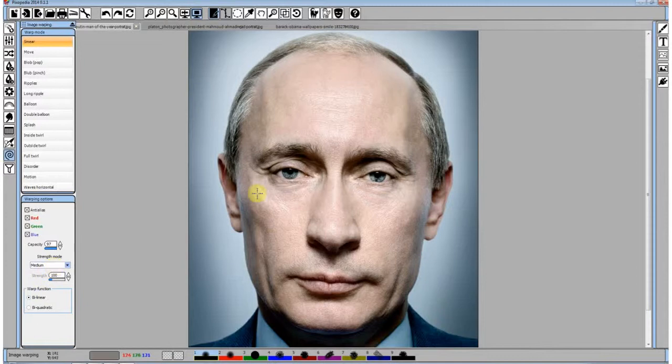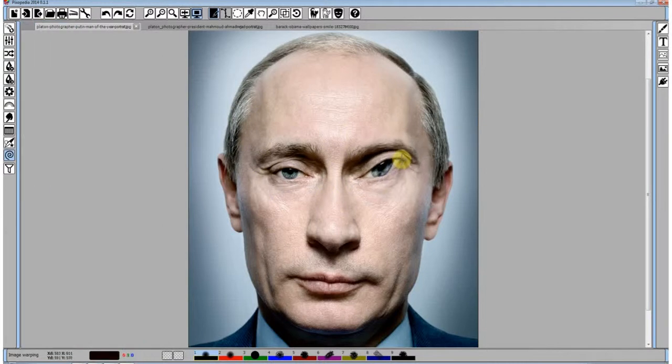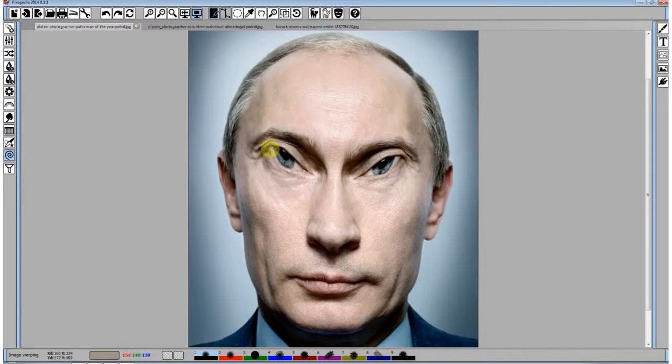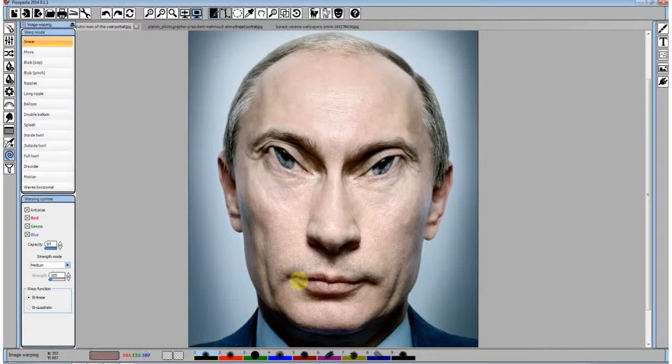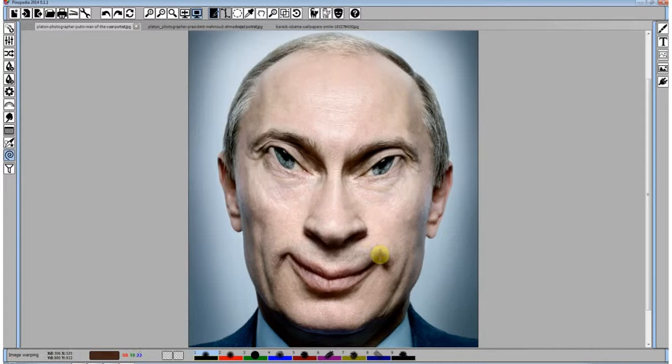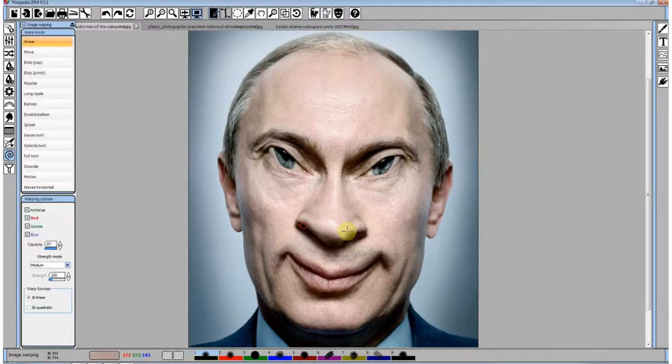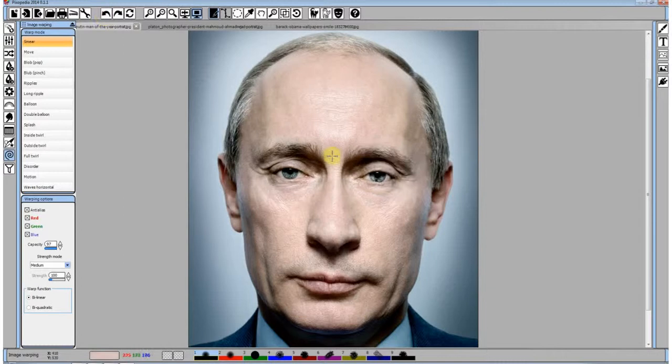It's the default mode. This strand mode tells us the area of warping action. So if we pull this, move your mouse very slowly here, we can adjust mouth, nose, etc. We can undo changes like this one.